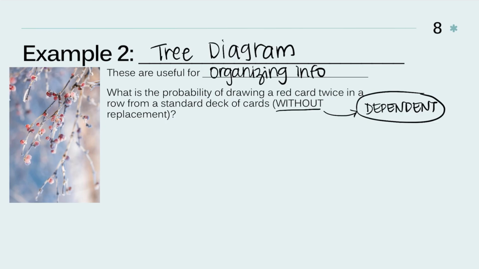Because you're changing the amount of cards in the second time, okay? So the probability of drawing a red card twice in a row from a standard deck of cards. So the first time, okay, actually, let me start here. So we have the deck, and we have 2 possibilities. We can have a red card or a black card. And this is a 50% chance, or 1/2, each time, because,